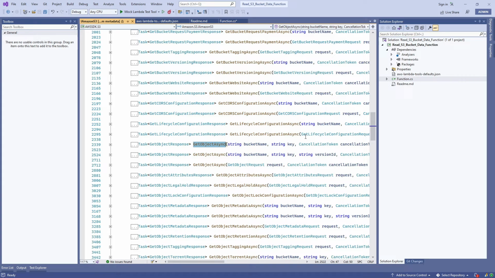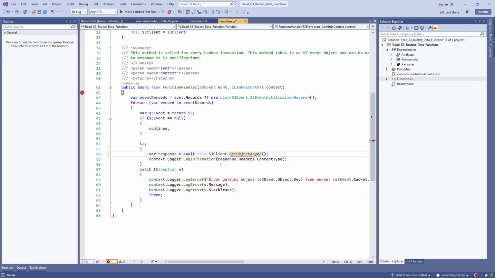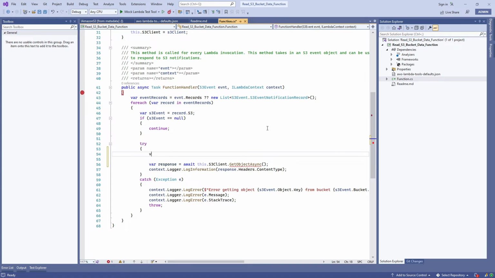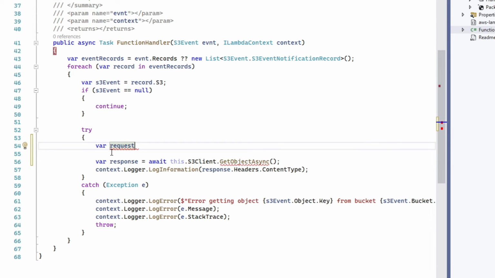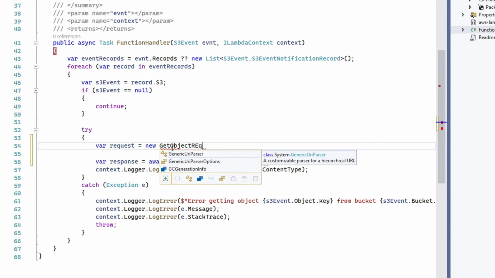I think the bucket name and key, and you can also use this one. So we'll go with this one. For that, we need to first create a request. So we'll first create a request, and create a new get object request,